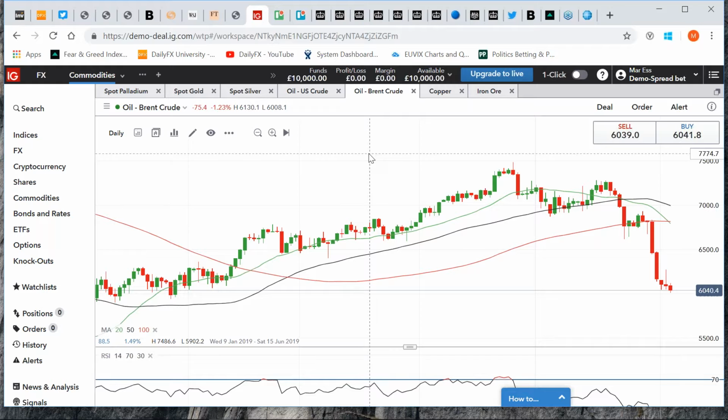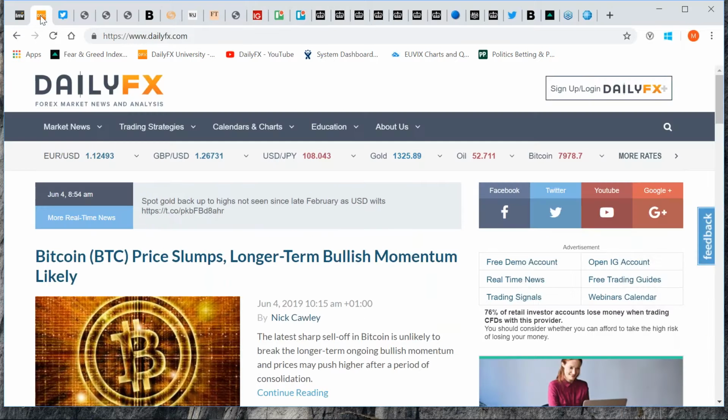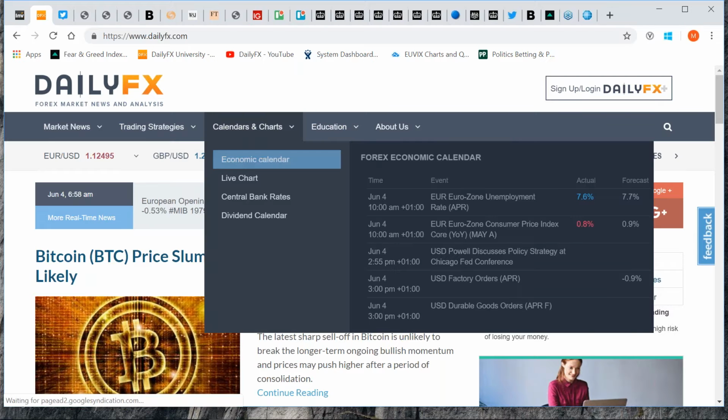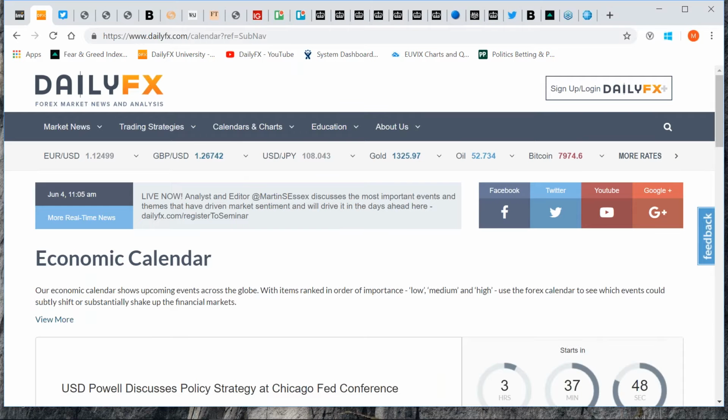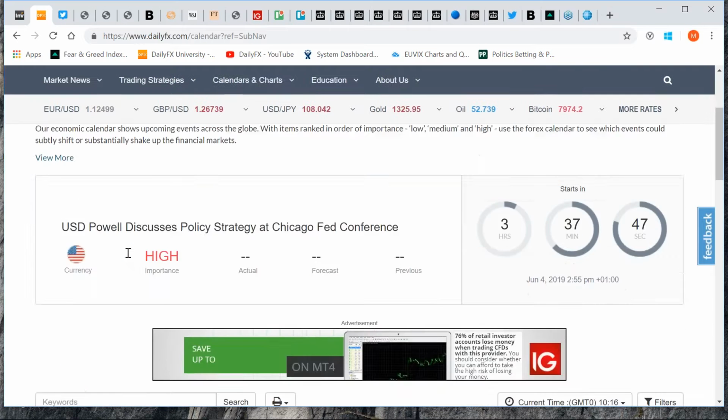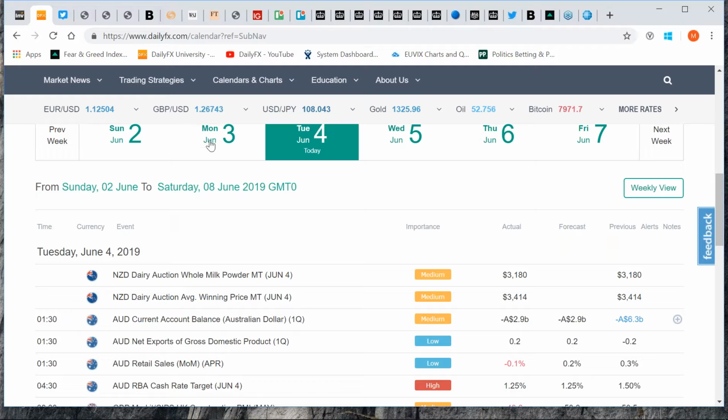Let's have a look at what's coming up on the calendar. So here I'll go on to the Daily FX website, and here you can see our top stories on Bitcoin, which makes a change. It's a while since that's been our top story, but there it is at the moment. Anyway, I'm going to go into our economic calendar and just have a quick run through what's happened this week so far and what's expected this week in terms of